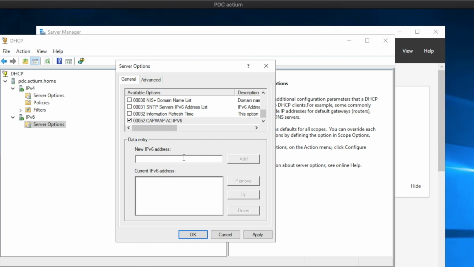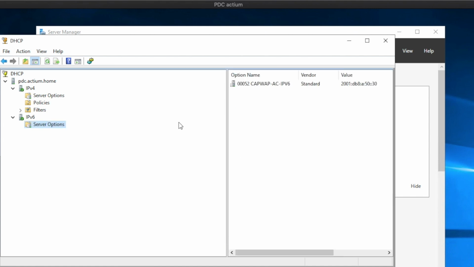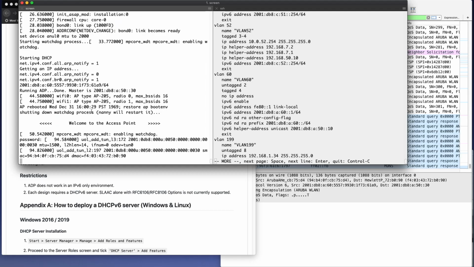We don't need to create it again. Just put that in. Now we're at the server level. What I'll do is I'll skip ahead because it's the same process as before. It's going to be a purge of the environment, save, boot the AP, and then we'll look at the Wireshark